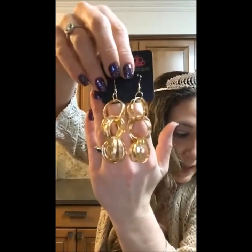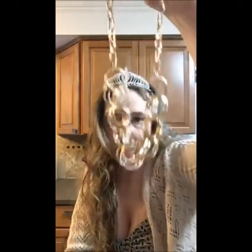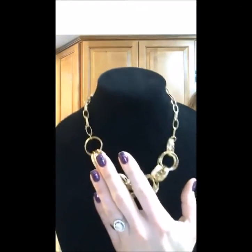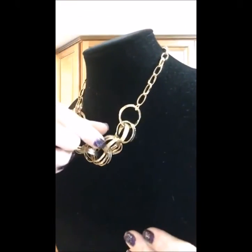So this set comes with these gold earrings. I mean, I've never seen such a statement piece come out of this. So these are the earrings. And this is the Magnificent Musings. Look at that necklace. And I'll put it on the bust because it's easier to see on the black velvet. I'm just making a mess, guys. So there is the necklace, and it's multi links with the gold. And then if you notice, some of the links have an etching on them, so it gives it an extra